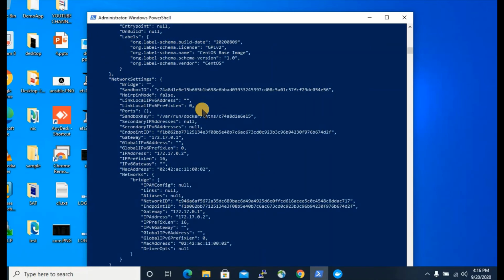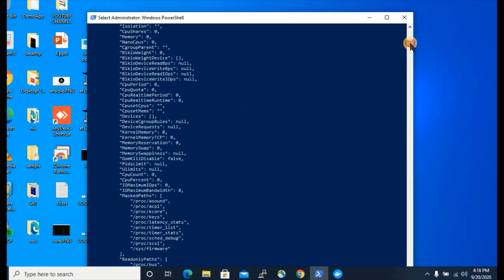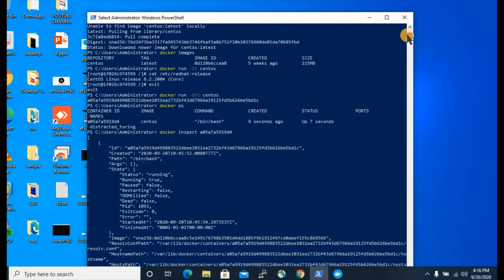This will provide every minute detail of the running container. You can see the network settings, the gateway IP, and the IP address of your running container. Whatever details are required, you will get from here.